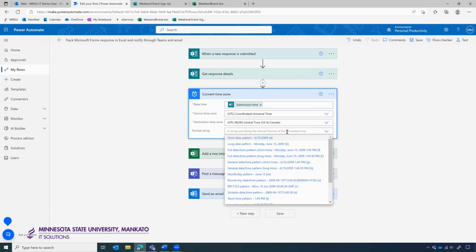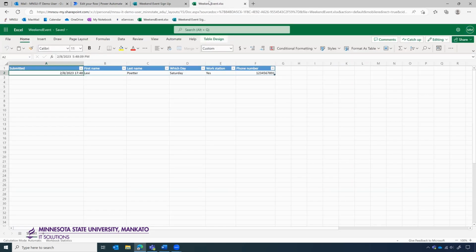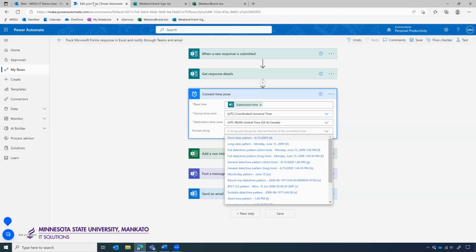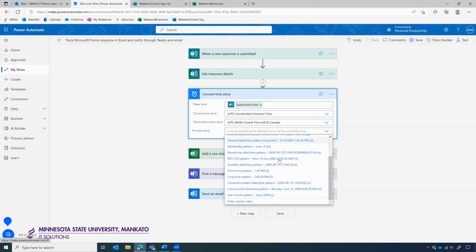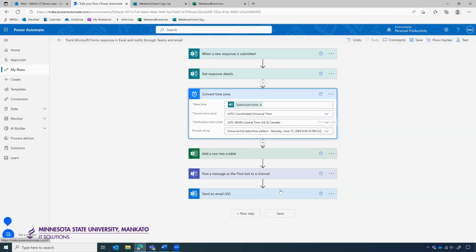And then I can also say how I want the time presented when it posts. By default, it used the date and then the time. It looks like it's using the 24-hour clock. So I can choose here. The benefit of this is that I can choose my preferred format for the date and time. So I like the universal full date time pattern. So I'll select that,